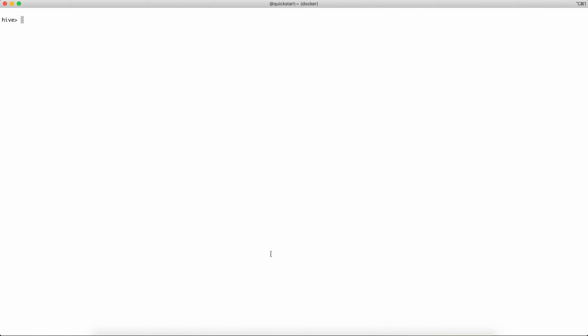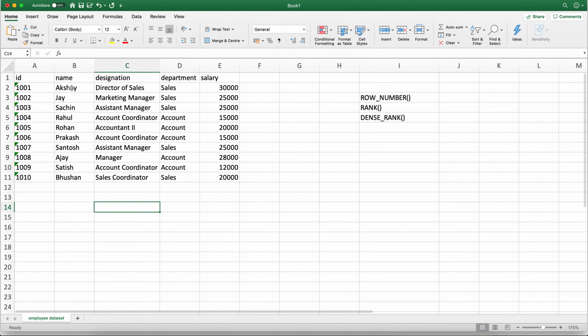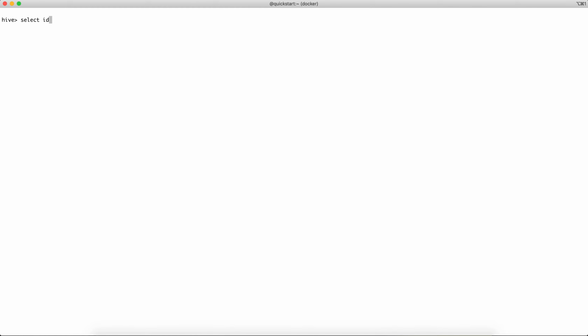So basically we have these many columns, right? Let's select ID and name so that it will be easy to read the data set. Then we wanted to have salary as well. So select ID comma name comma department as well, so as to identify it. Let me just describe this table first so as to get the columns. Describe EMP.